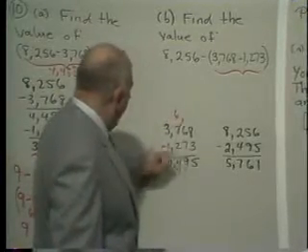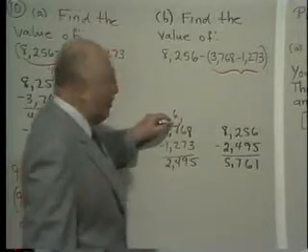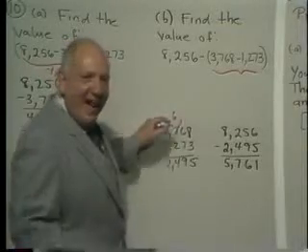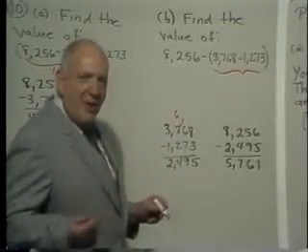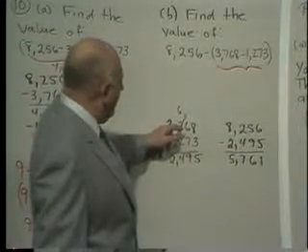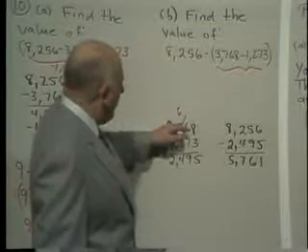7 from 16 is 9. 2 from 6 is 4. 1 from 3 is 2. Notice as we go along here, I become a little bit more debonair about borrowing. I assume that once I teach you this, we can go faster the next time. All I said here was what? Trade in one of your hundreds, leaving you with 6 hundreds, then add 10 tens onto the 6 tens to